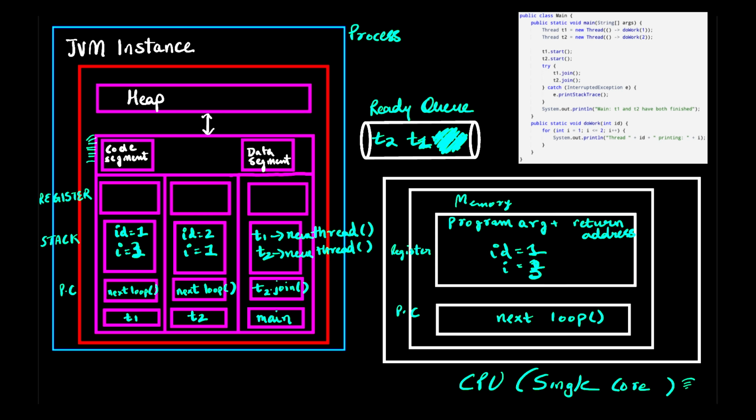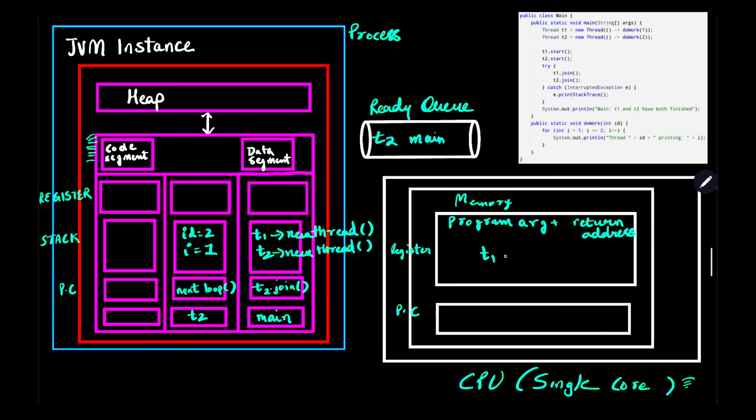And because we had blocked the main thread because of T1.join, the main thread moves back into the ready queue. So we remove thread T1, we put the main thread back into the ready queue, we remove the thread T1 values, and now the ready queue contains T2 and the main thread. Now the OS scheduler can pick either T2 or main, because both are in the ready state. Now let's suppose the scheduler picks the main thread. So the scheduler will load the register, stack and program counter values of the main thread into the CPU. So we remove these values